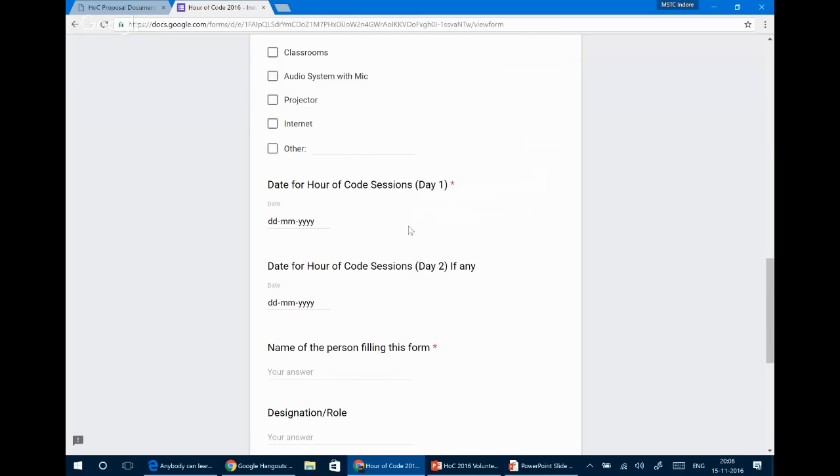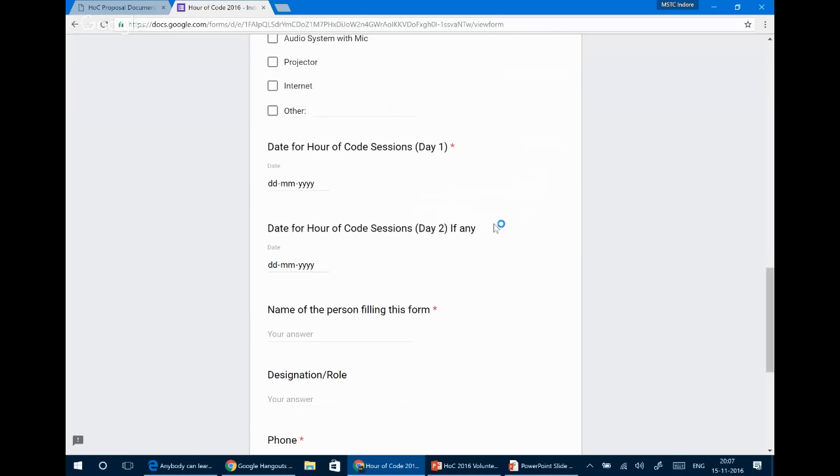In case some school is not able to host this event during this time frame, then we have an extended timeline, that is 27th November to 17th December. Okay, so it's a big timeline, so any school can go forward and book any 2 day slot or a single day slot in this, right? So it depends on them if they want a single day slot or a 2 day slot.